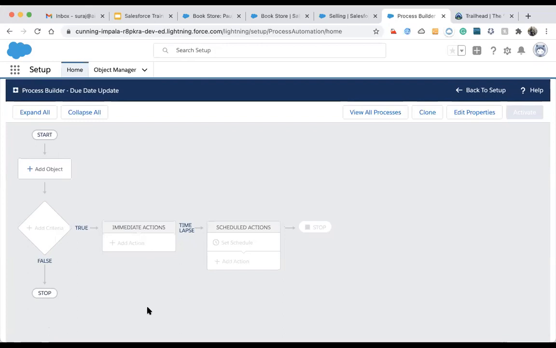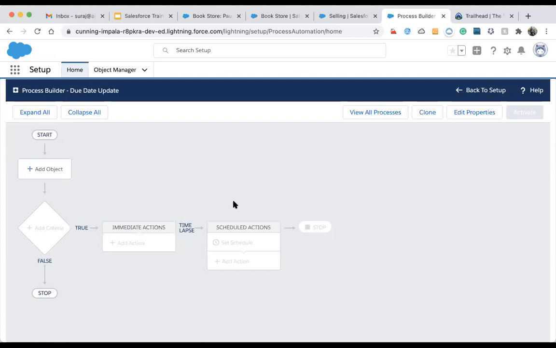That's why process builders are still in use: we don't have to manage so many workflows. We just manage a single process builder in which all the rule criteria are in one place, and we can easily manage it.